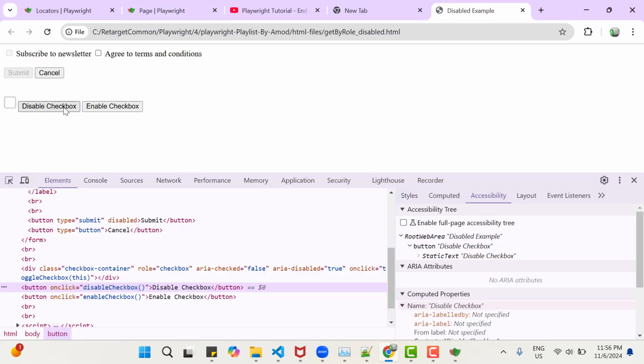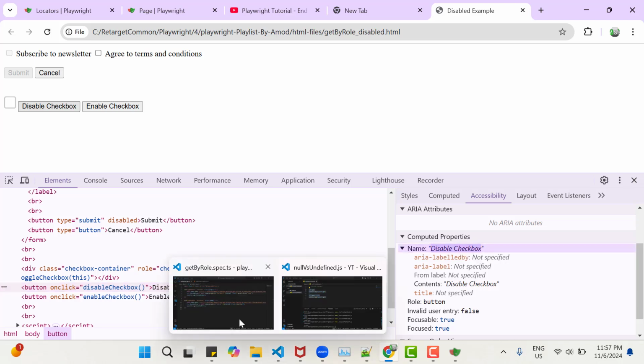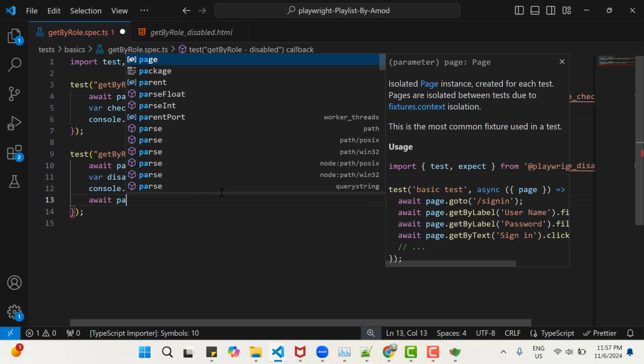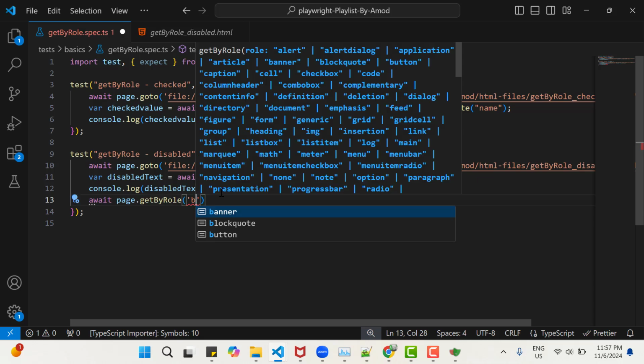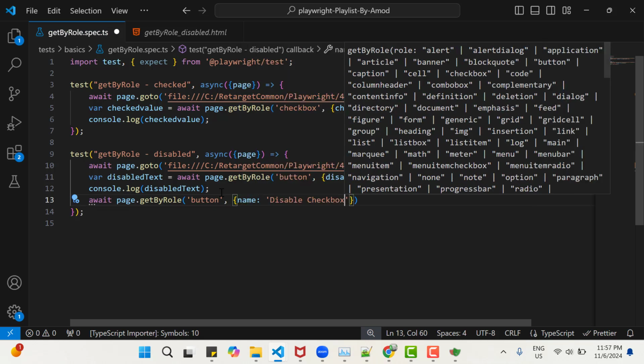If you inspect this disable checkbox, here you can see the role is button and we have the name as disable checkbox. So let me use the getByRole locator on this web element. Let me copy this name in VS Code. I'm going to write await page.getByRole. Role is button. Then I'm going to pass an object where the first attribute I will pass is name, which is